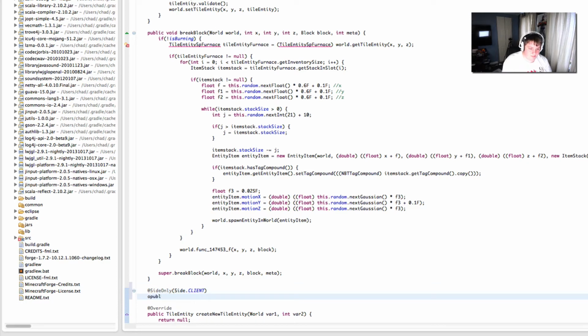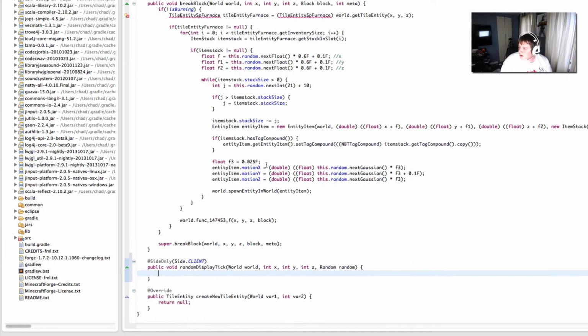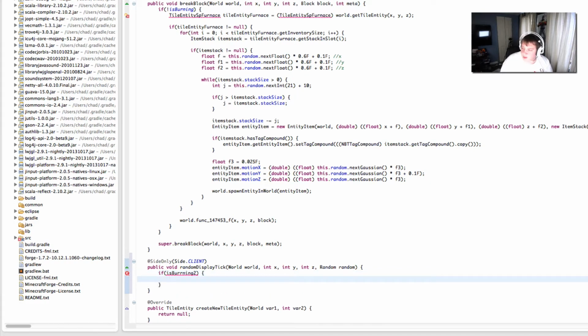So we're going to go public void randomDisplayTick, with the normal parameters: World world, int x, int y, int z, and Random random. All right, so we're going to check if it's burning. So if isBurning2 is equal to true,